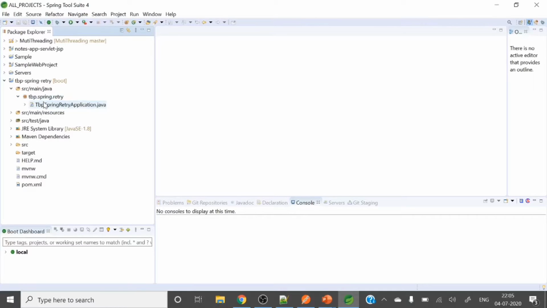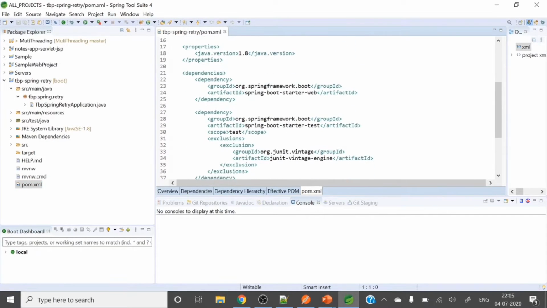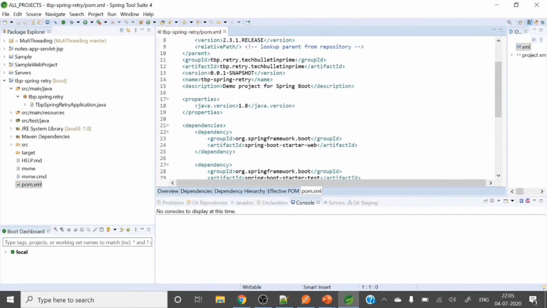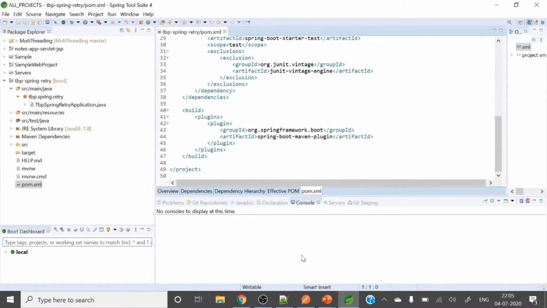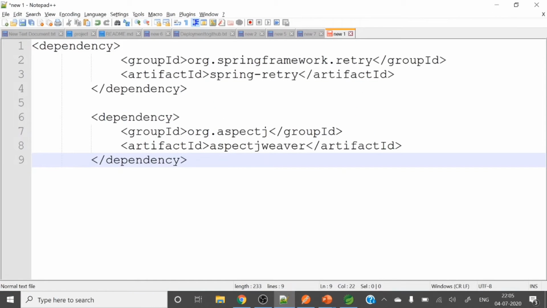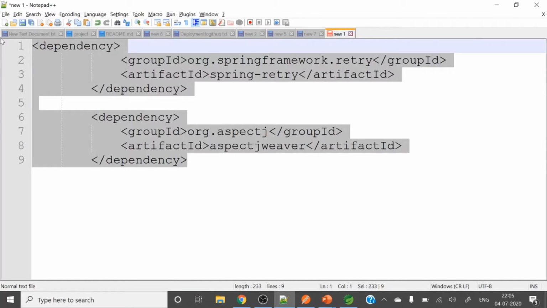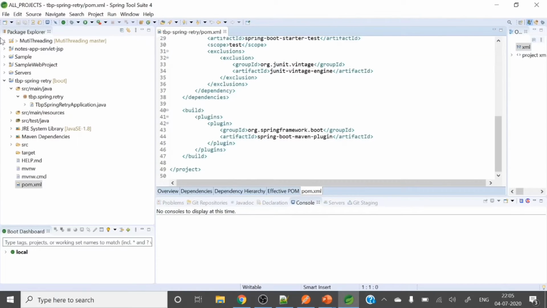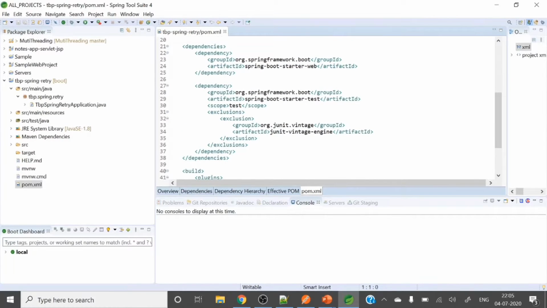For this one, two extra dependencies are required. If you see here, Spring Web is there, so for this one, two extra dependencies are required. Let me go there and copy those things, Spring Retry and AspectJ Weaver. Let me paste them somewhere here.